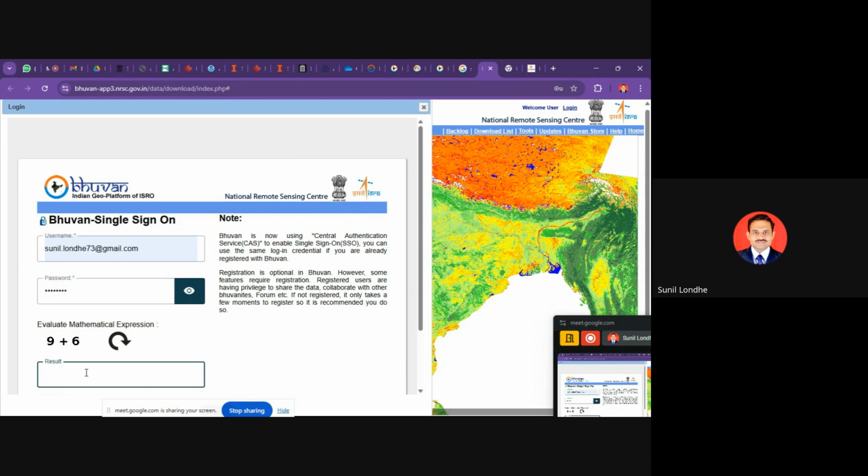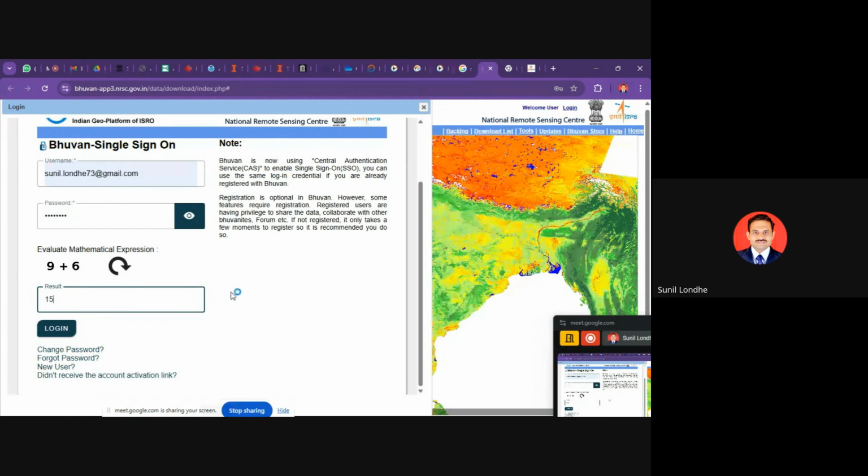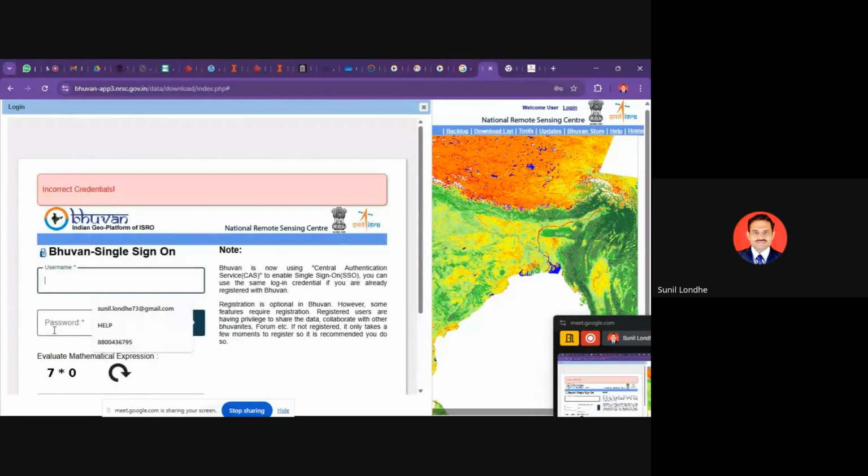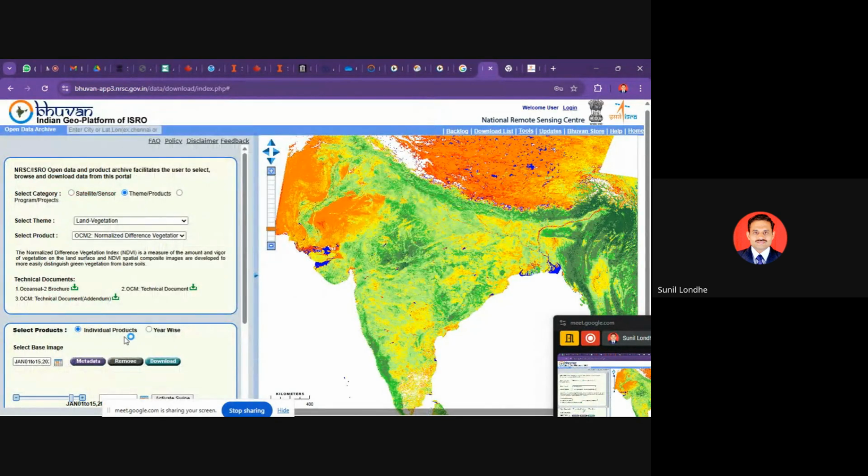Let us try. If you don't have the login credentials, you have to create one as a new user. So this way you can see the other data products also. For viewing, you need not require